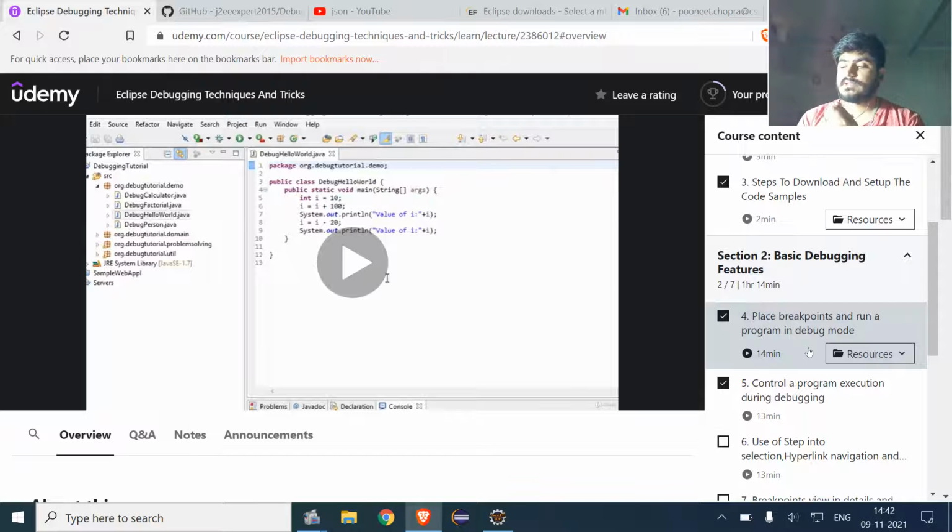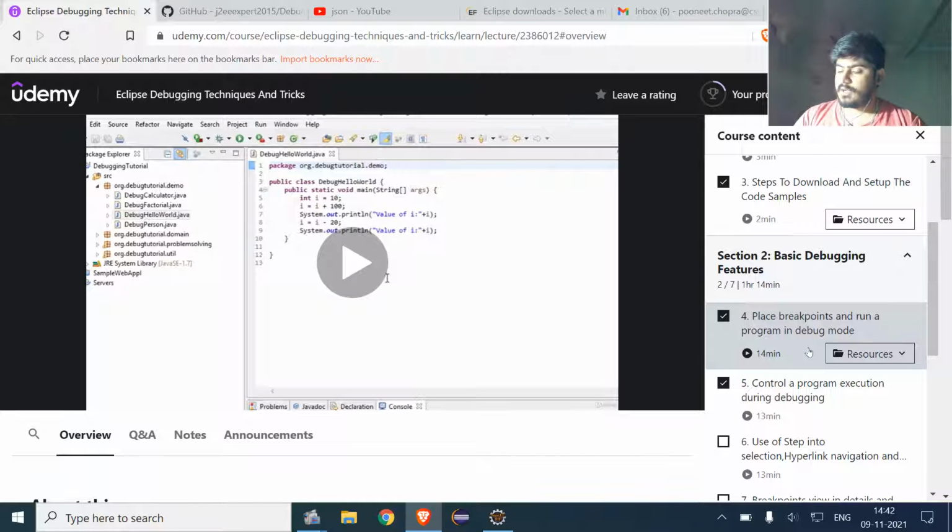What we have to cover is, first of all, what is debugging, what are breakpoints, how to start and stop the debugger, use of resume, debug perspective, variable view and breakpoint view, and evaluating variables in the debugger.